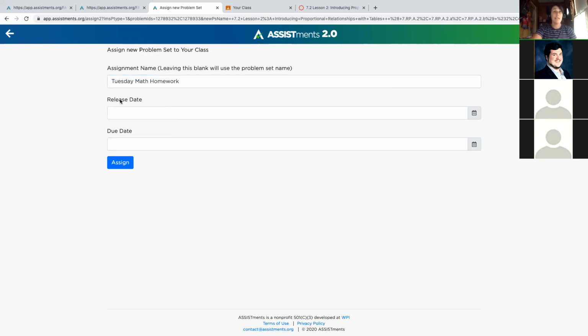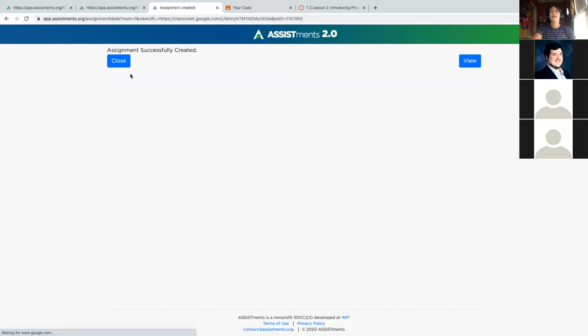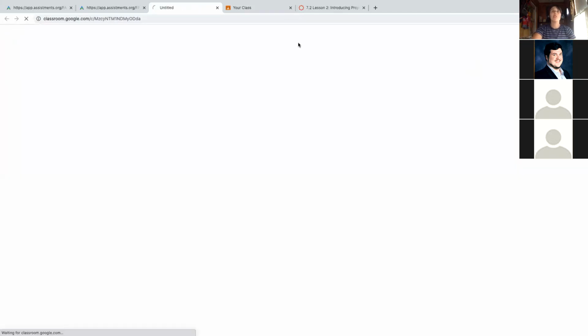You can set a release date, so it might not want to push out until Monday of next week, Tuesday of next week, and a due date. Or you can leave those blank, those are optional fields. And since I haven't set a release date, when I click Assign, that's going to get pushed live to Google Classroom. And if we're using Google Classroom, we can now click on View, and it will actually open up our